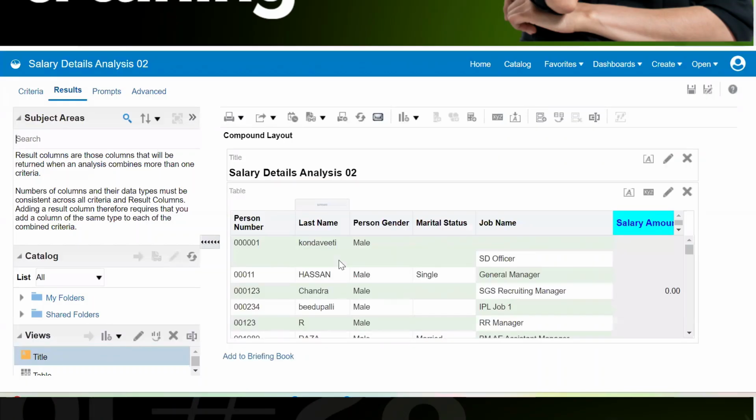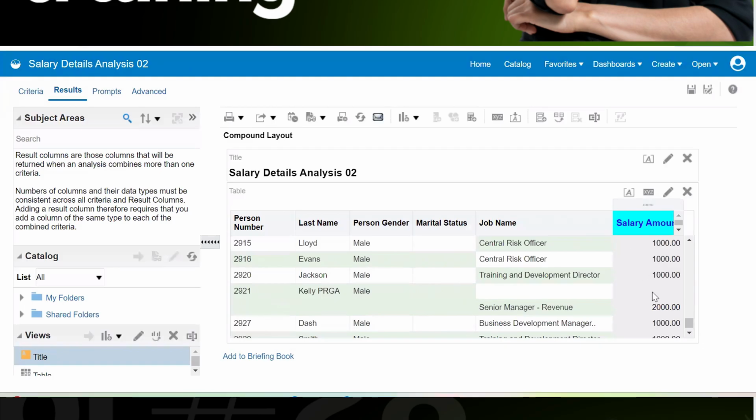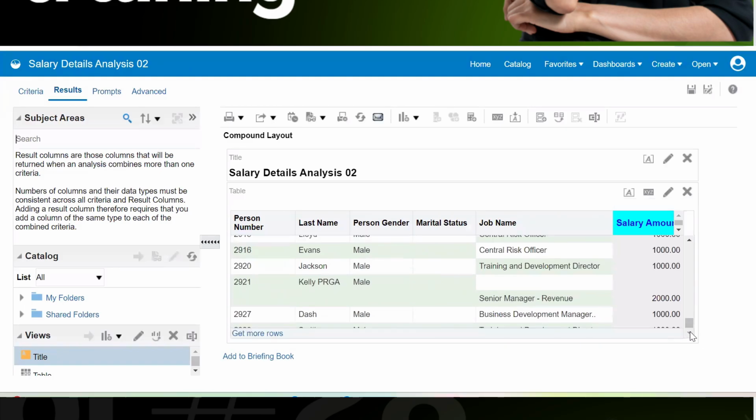Clear? We have seen the data related to the male, and there will be data available for the female as well. If we keep scrolling, we will be able to see the data for female as well.